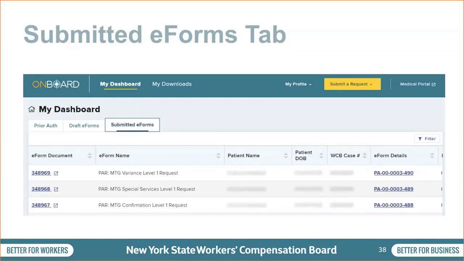The Submitted eForms tab of your dashboard shows all PARs that have been submitted to the claim administrator for review. The Submitted eForms tab shows the submitted MTG confirmation, MTG special services, and MTG variance PARs. There is only one MTG variance PAR because the two MTG variance requests were grouped together into a single PAR.